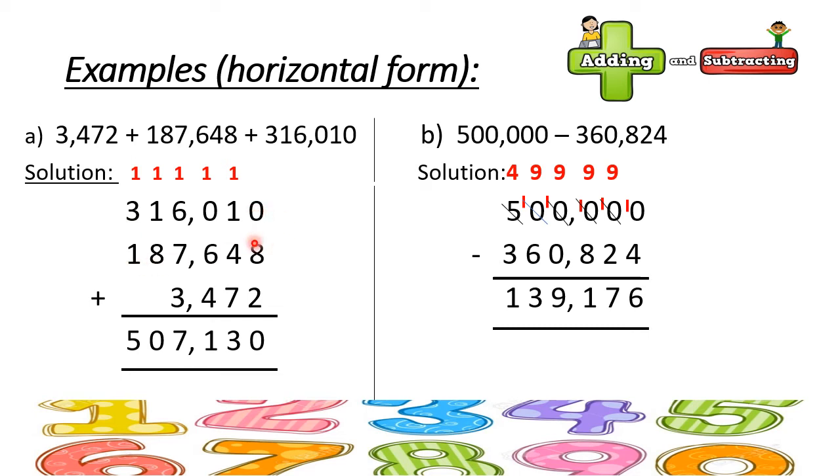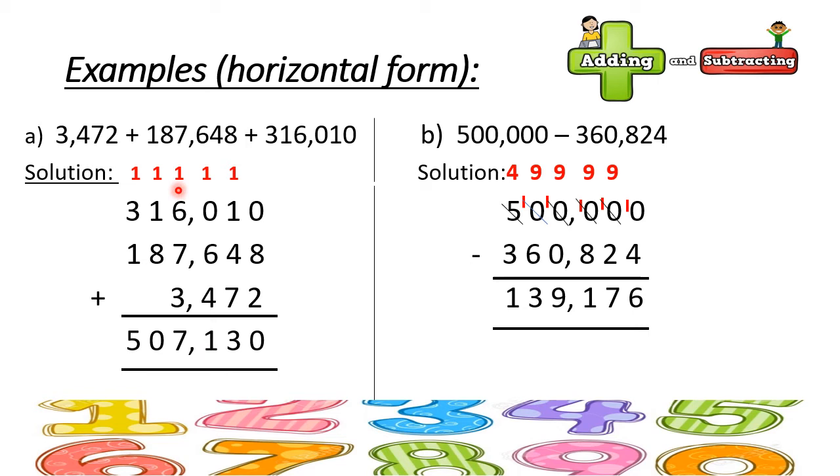Once you have correctly placed all the digits and copied your question in vertical form, it is very simple to add these digits. Again, remember that when we start adding the digits, we start from the right side, as I told you before. From the right side, 8 plus 2 is 10, so 0, and carry will be 1. By adding these digits, the answer is 13. 3 here, carry will be 1. By adding these digits, the answer will be 11. Here we will write 1, carry will be 1.